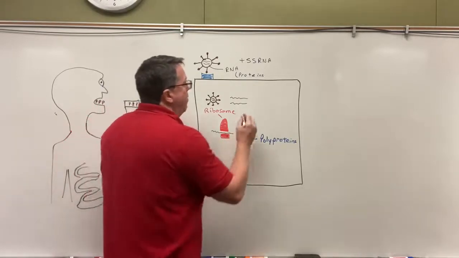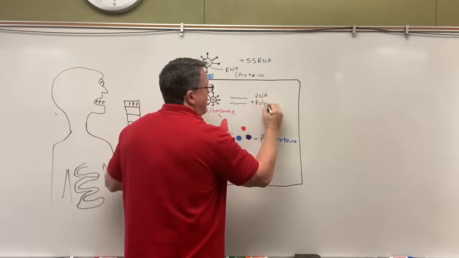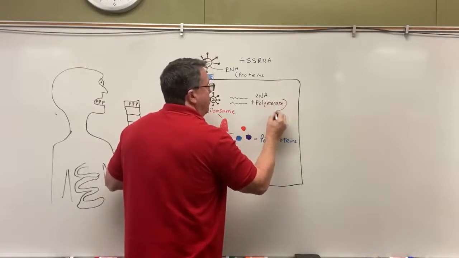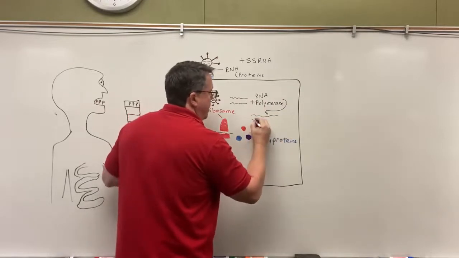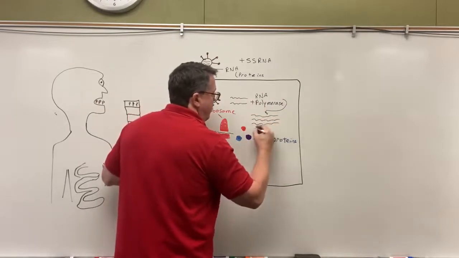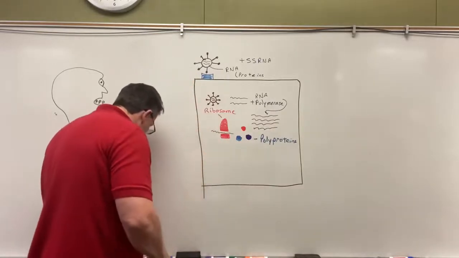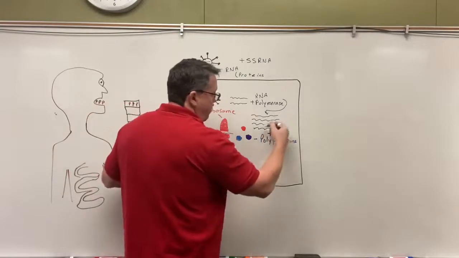So now I have my RNA polymerase. And what this is going to do is it's going to make more of the virus RNA. So here's more of the virus RNA. And then what's going to happen is I am going to have enzymes that are going to put all this together,